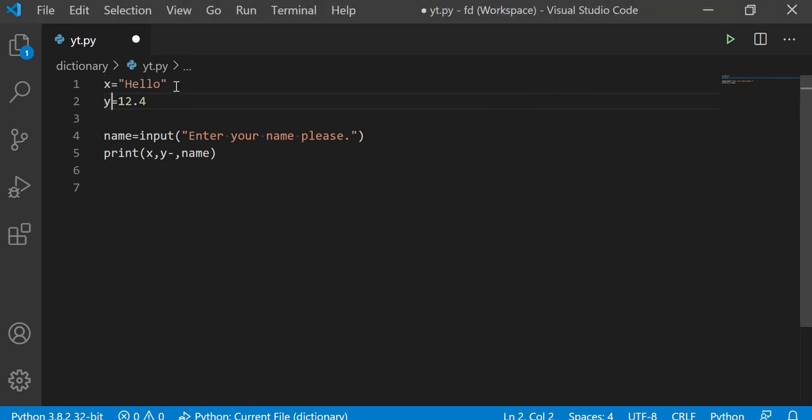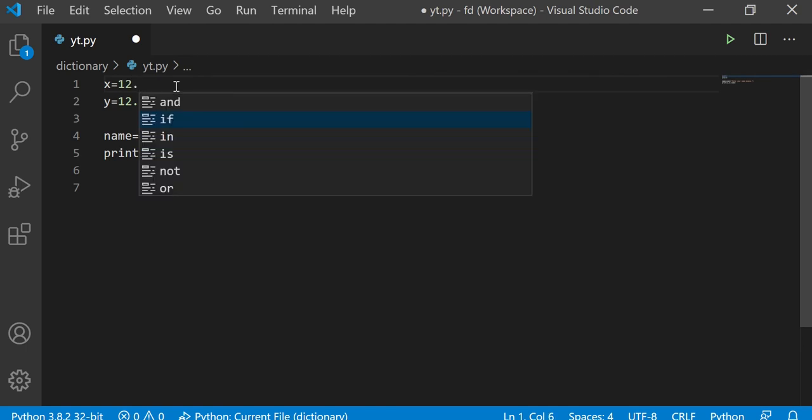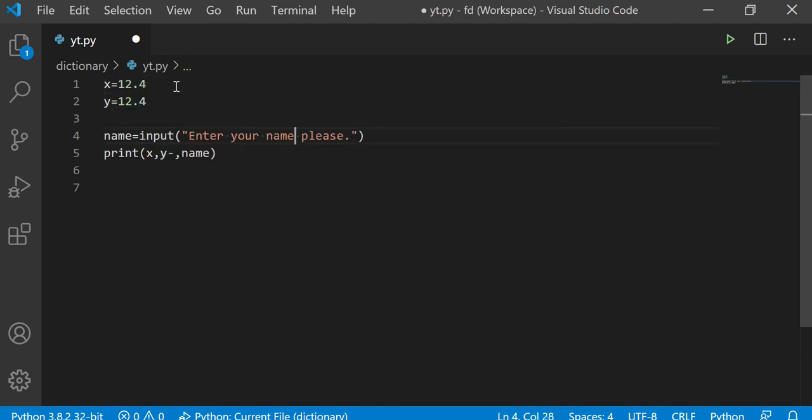Now in Python, assigning single value to multiple variables is possible, like giving value x equals to 12.4 and y equals to 12.4. We will run that program and we will get a valid output, whatever we have typed.